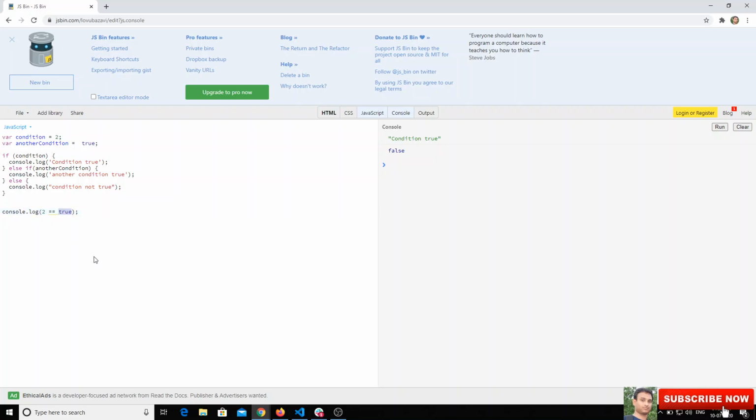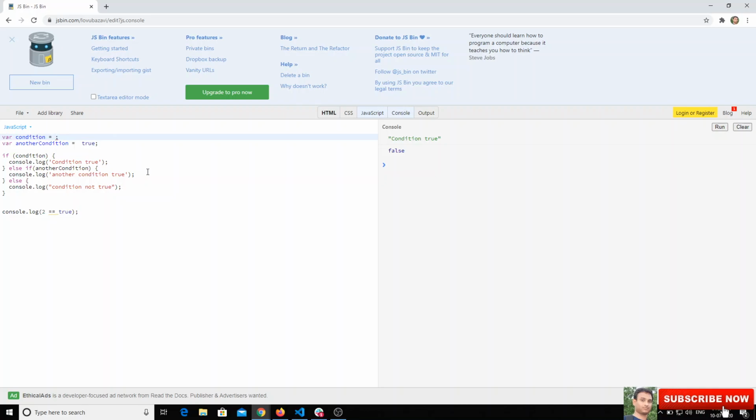In boolean numbers 0 is false and 1 is true, but 2 doesn't map to any boolean. But in the if condition, you need to know an important concept: other than 0, anything is true in JavaScript. If you write 1, 2, 3, 4 or anything, it will be considered true in the if condition.